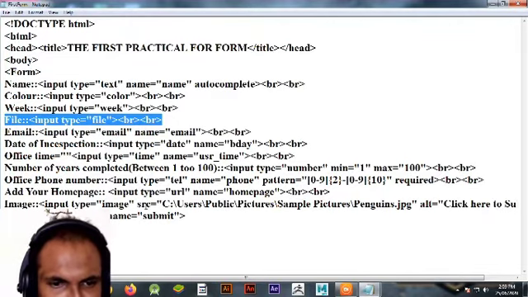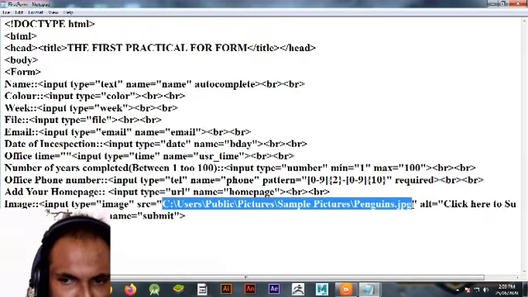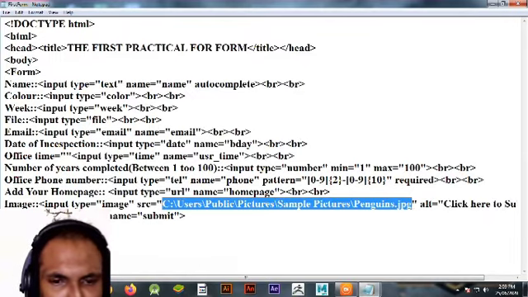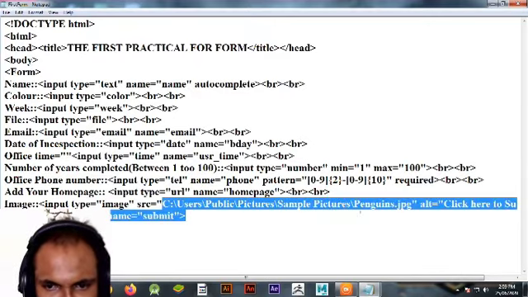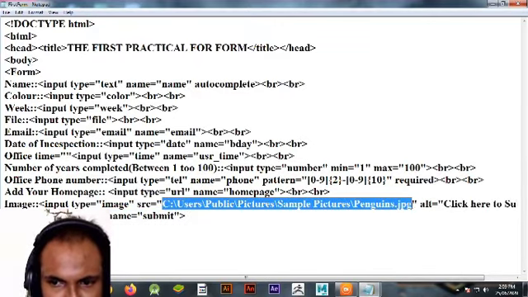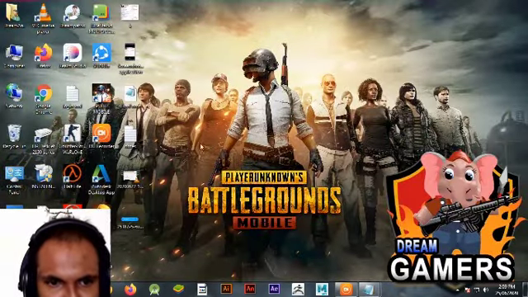Now see, last time I just gave the address of a file which is in the computer, but it could not be seen in the browser because it is not a PNG file, right? What we have to do is, I have downloaded the PNG format submit icon on the desktop.